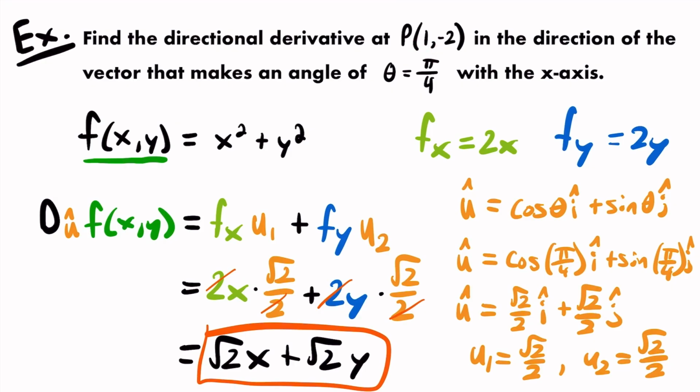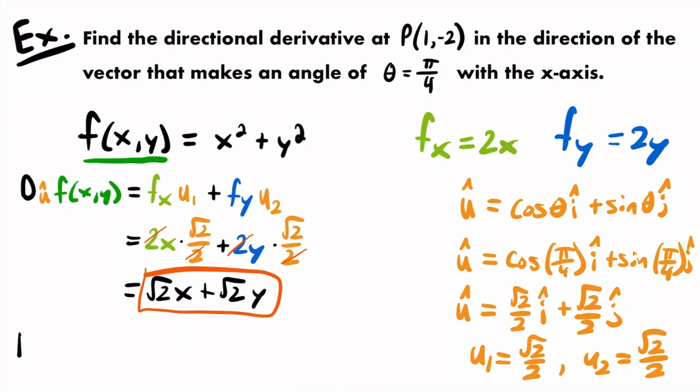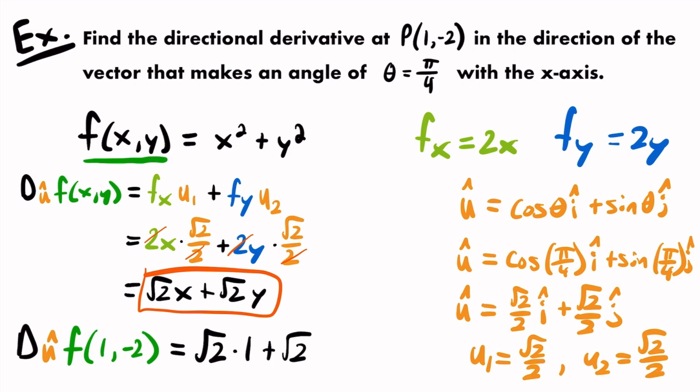point 1, negative 2. And so all we have to do to find that is plug in x equals 1 and y equals negative 2 into our directional derivative. So let's do that here. We will have that the derivative in the direction of the unit vector u for f of 1, negative 2, right? We're letting x be 1 and y be negative 2, and that will be equal to the square root of 2 times x, which is 1, plus the square root of 2 times y, which is negative 2, or